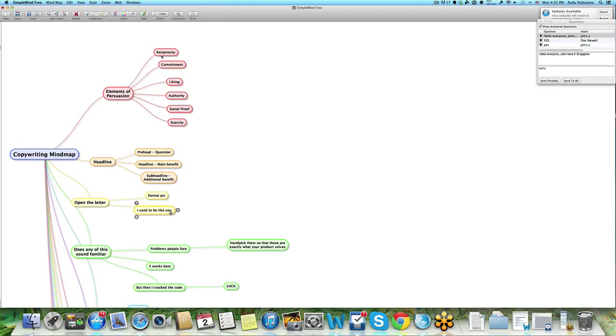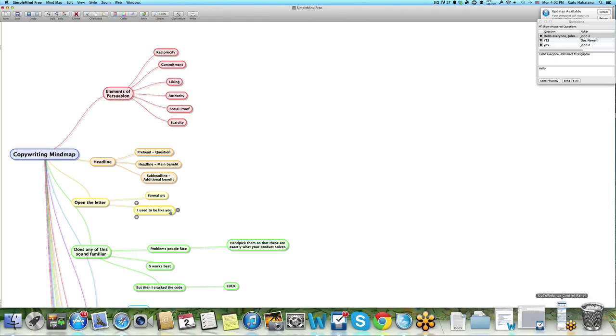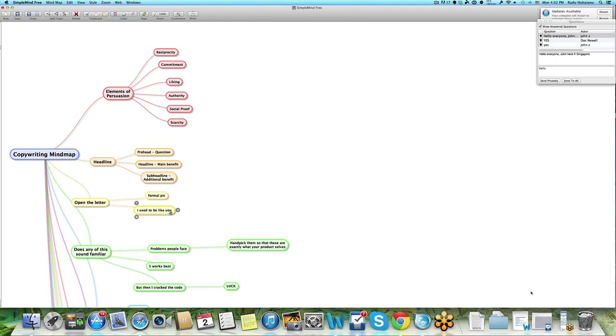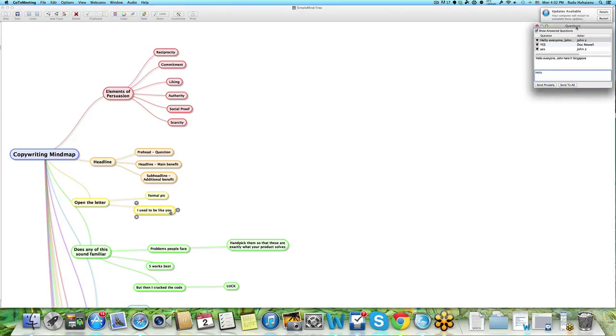So reciprocity tells us that when we offer something to somebody, they feel that it's necessary for them to give us something back in return. So basically, if you give away a free report or a free piece of software or something like that, the receiver will be more likely to buy your product when you launch. So that's pretty much it, and it works.